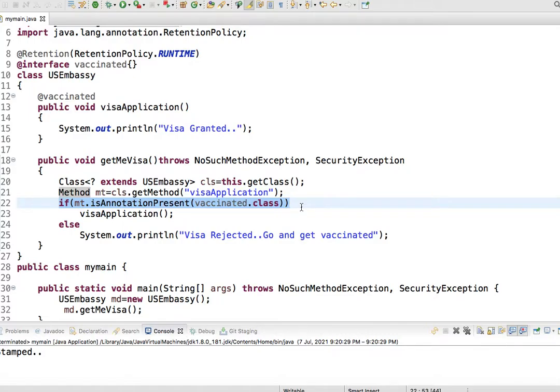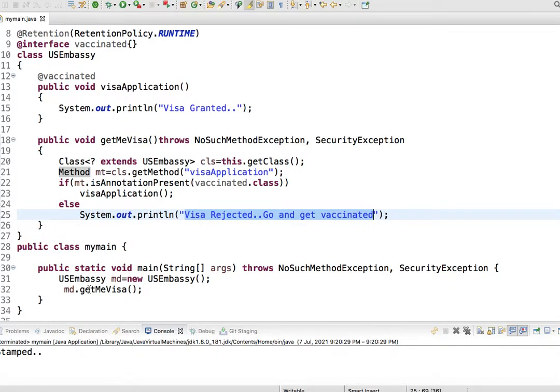If it is annotated, then it will print visa granted. Nothing very special over here. If it is something else, meaning that annotation is not supplied, then it is going to print another line, visa rejected, go and get vaccinated. As you can see nowadays across the world, this is going on. If you are vaccinated, then you can roam around the world, else you have to get vaccinated.